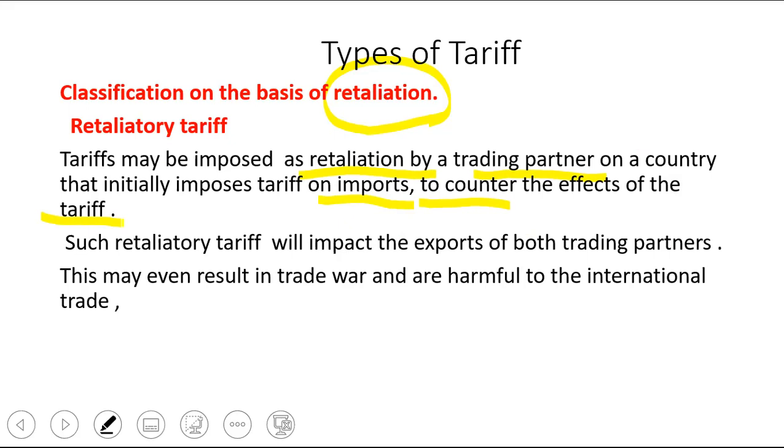Retaliatory, I told you, suppose tariff बहुत कम है, ऐसा होने पर क्या होगा? Import ज़्यादा होगा. So import कम करने के लिए एक ही रास्ता पड़ा है. What is the way? Increasing the tariff. So beginning stage high tariff लगाएगा, so that people will not go for import. People will be using domestic product. That's the meaning of the term retaliatory.